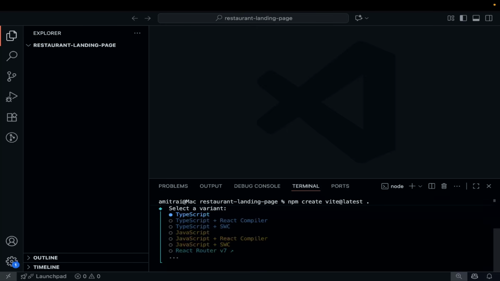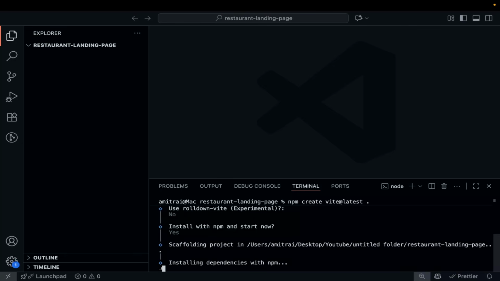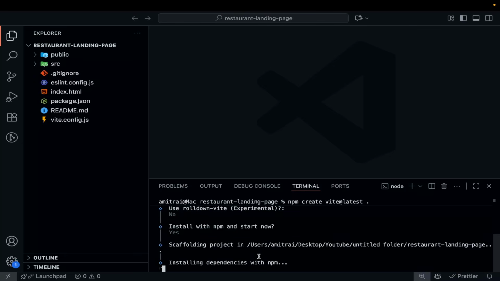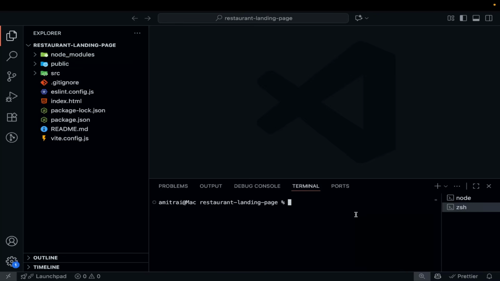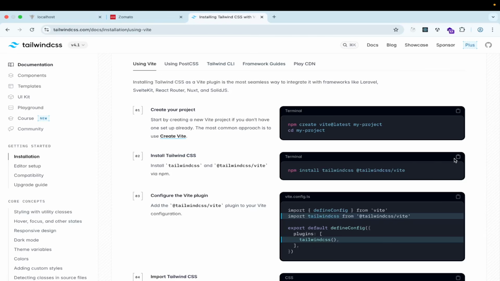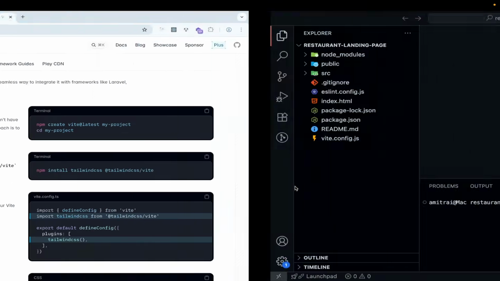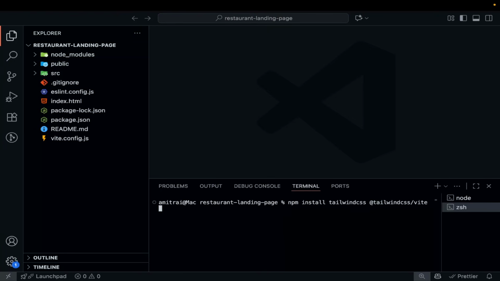Then we will select React, then we will use JavaScript, no, and install. Then it will install all the dependencies. Now we will open another terminal and let's go back to the documentation. Let's copy this command and we will run the command here, and this will install the Tailwind CSS in the